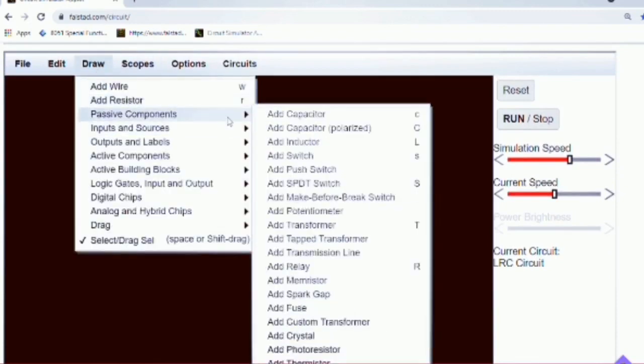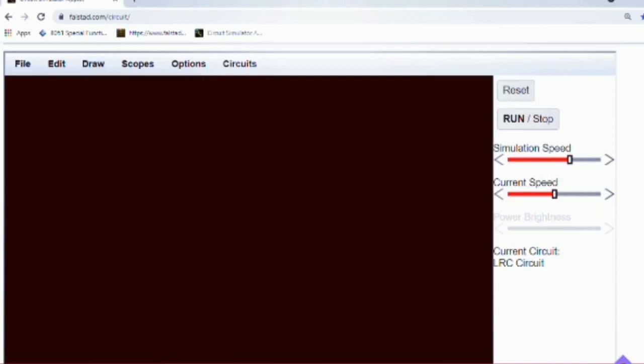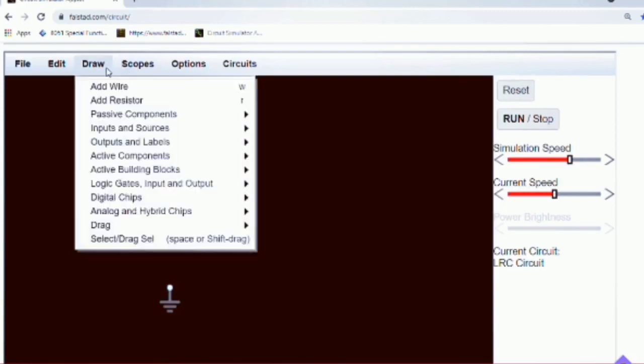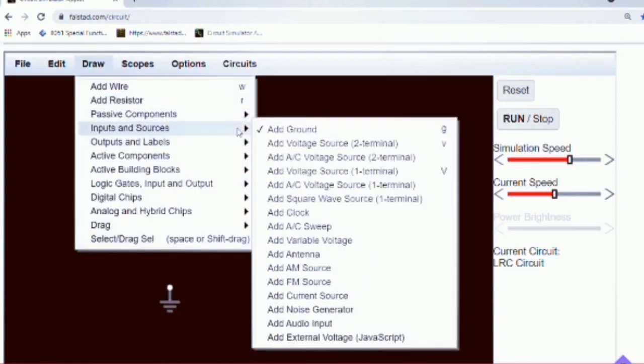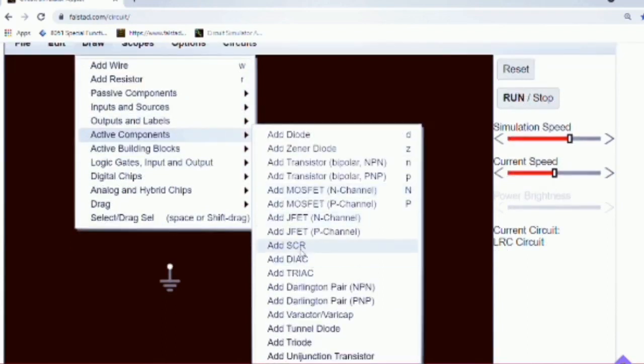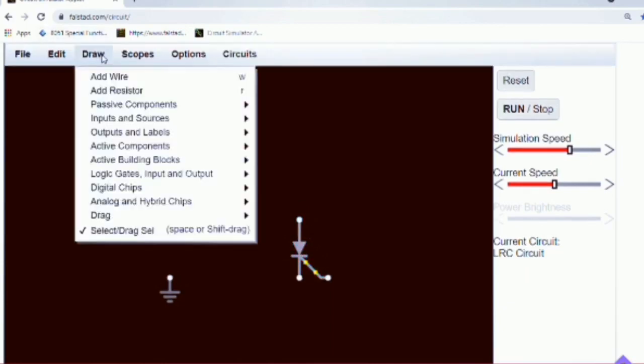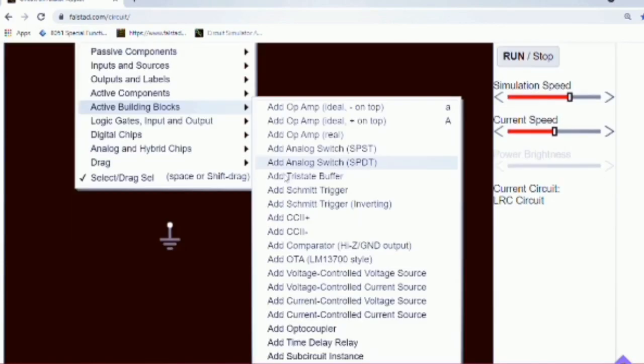First of all, we will add ground to the circuit. Now we will add an SCR to the circuit. Now we will add a unijunction transistor.